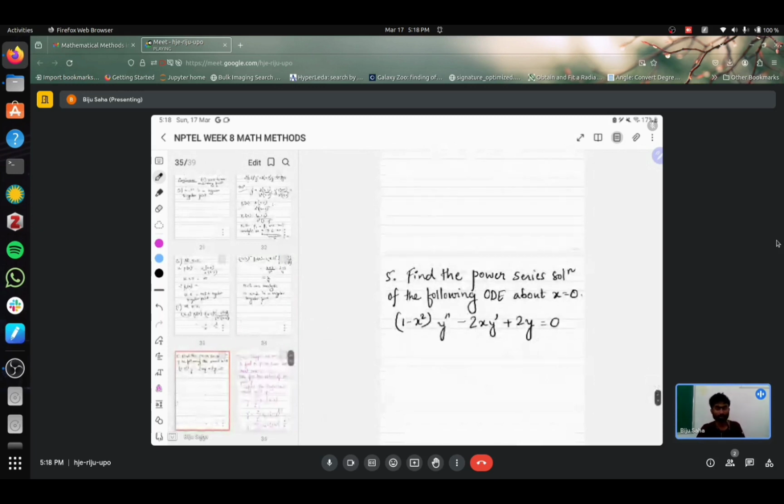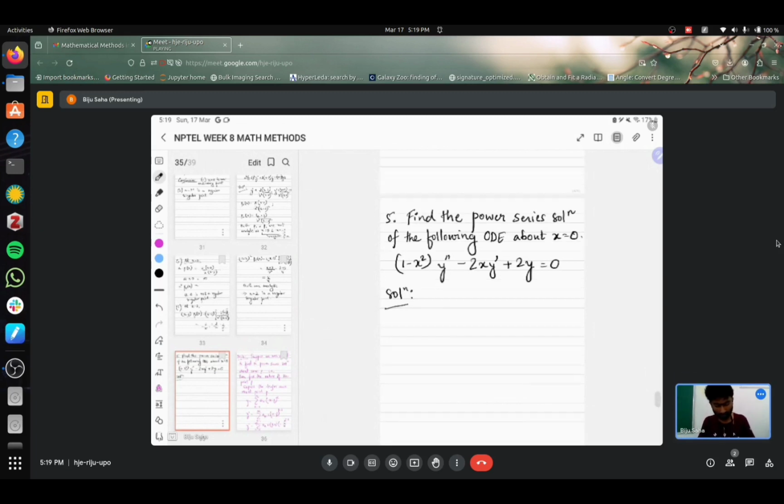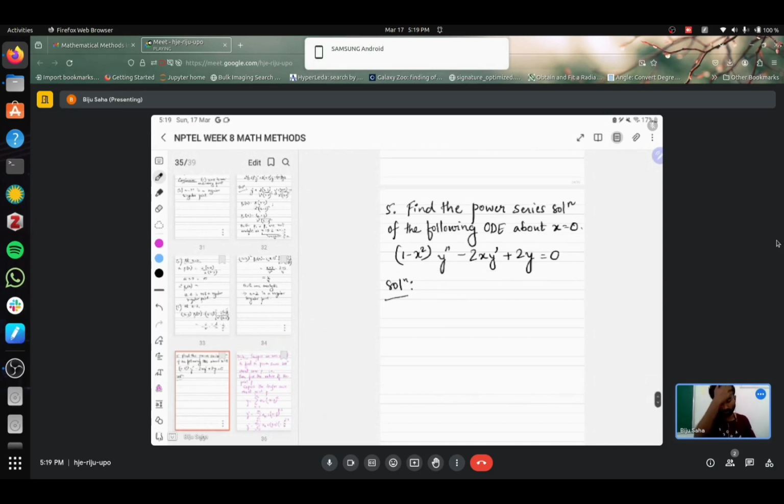Now let us come about solving this given differential equation using the power series method. That is, we have to express the solution either in terms of power series or in terms of the Frobenius method. So in this example, when I write it in terms of this standard form,